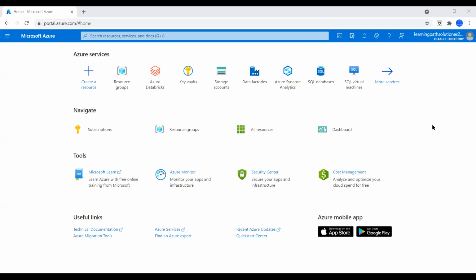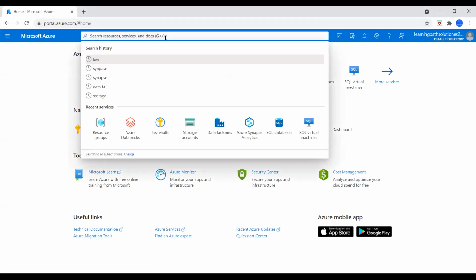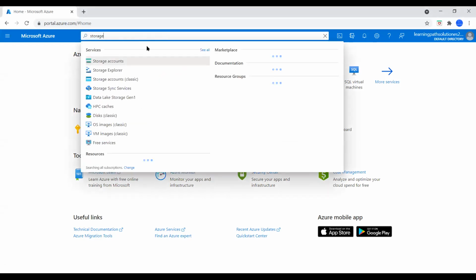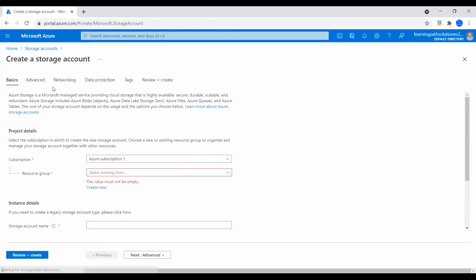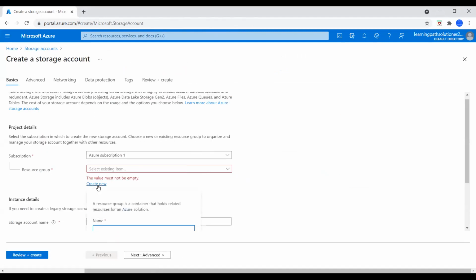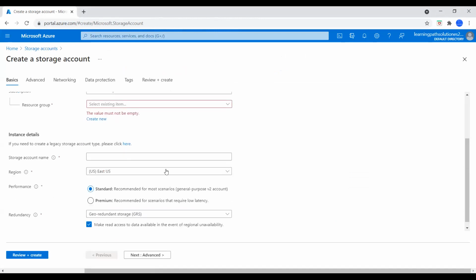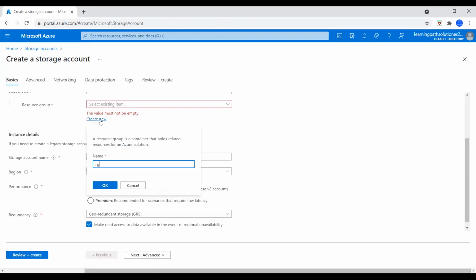I'm in the Azure portal, so I will go to search and I will just say storage accounts. And I don't have any storage accounts available, so I will create a new storage account. I will click on storage account and I need to create a resource group. I will say this resource group RG test 01,